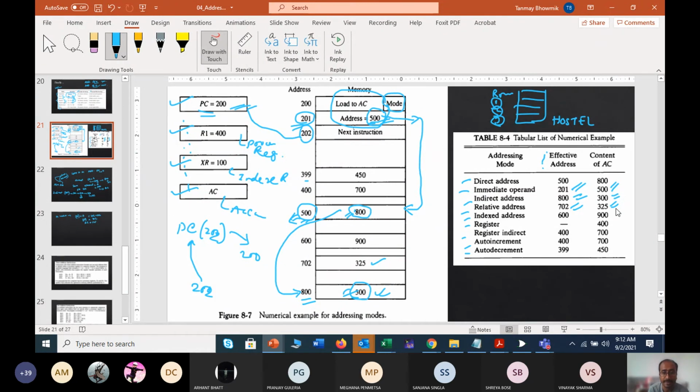Now the point is indexed address. Indexed address is an example of the displacement type. That means one index register will be associated with this example.